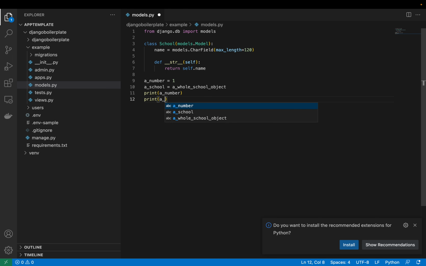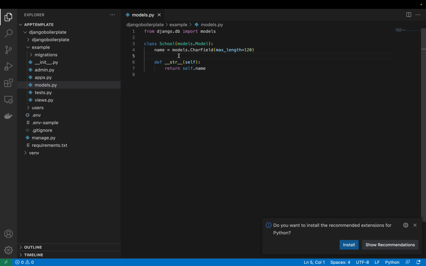If you run print a school, you get whatever this method returns. And that's not just Django. That's, I believe, just Python as a whole. You can have a string method on a class. Anyway, so we have this model,